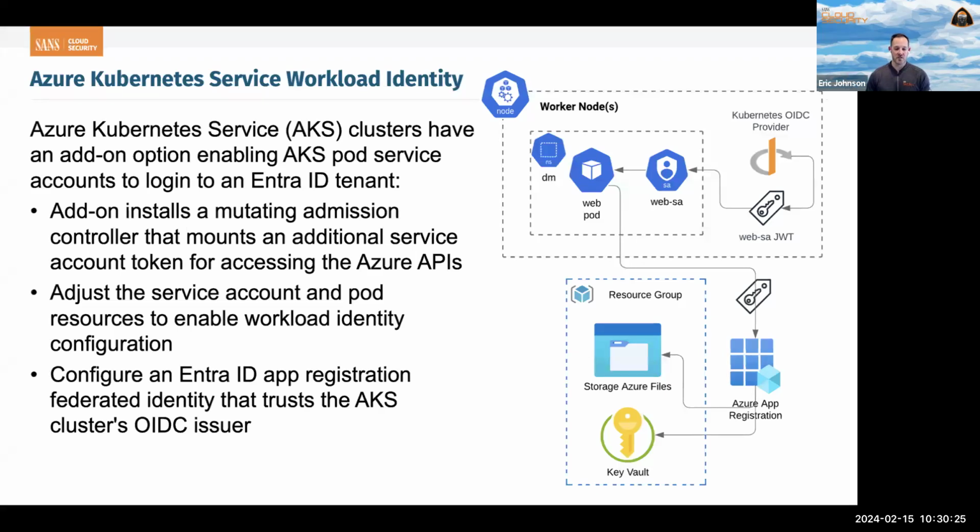All you need to do is assign that service account and then make a couple of very small adjustments to the service account deployment.yaml configuration to tell your cluster, when you generate that JSON web token, I would also like you to generate another token with a slightly different audience